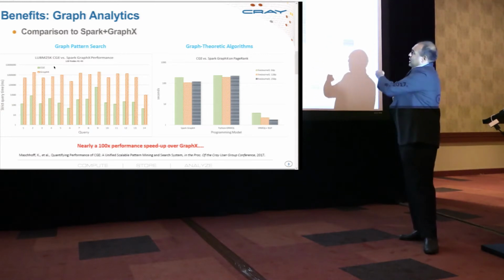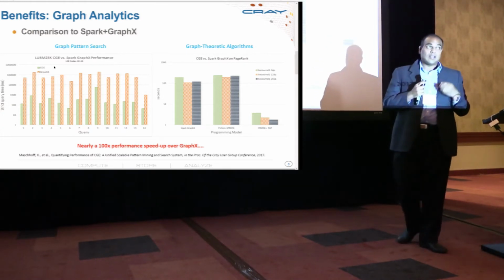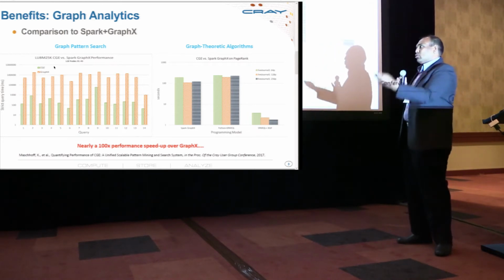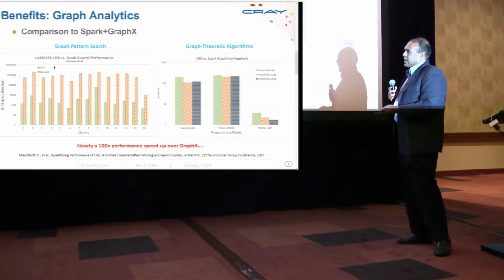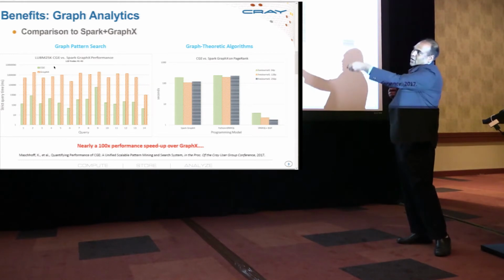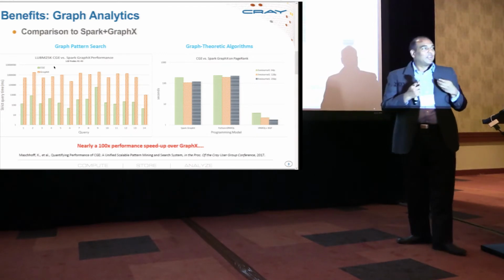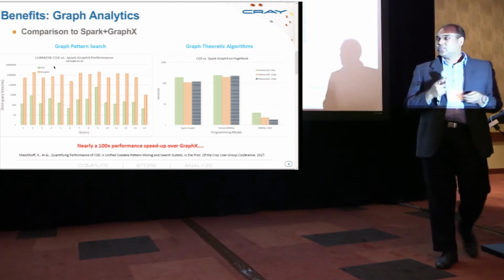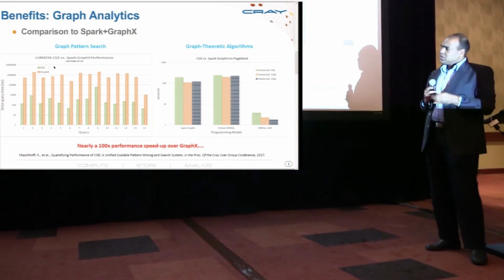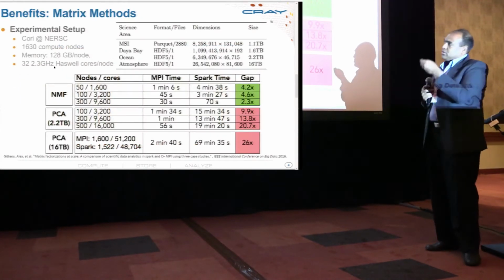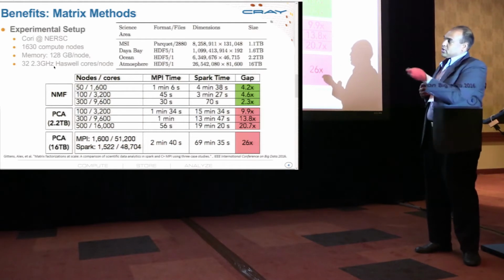Now we are also able to scale some of the work that Graph 500 kind of workloads that happen. So it's one platform that's able to do both pattern search and graph theoretic mining at 100x the performance. So you're looking at a logarithmic axis over there. So 100x performance on arbitrary ad hoc search, 100 times performance on graph theoretic algorithms like PageRank, connected components, betweenness centrality, et cetera. So that's graphs.